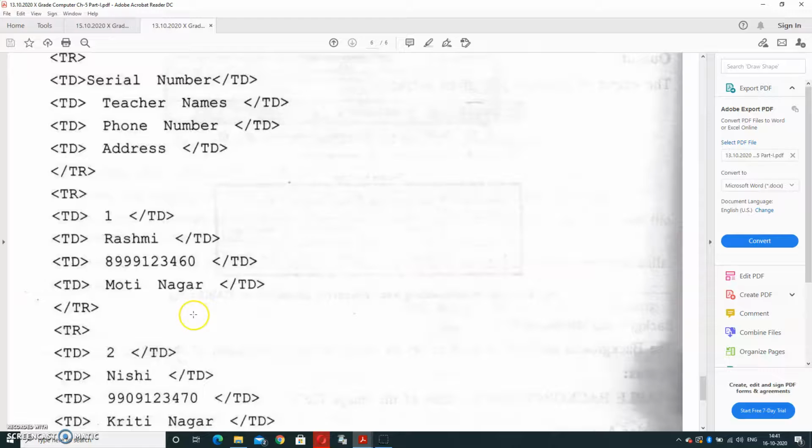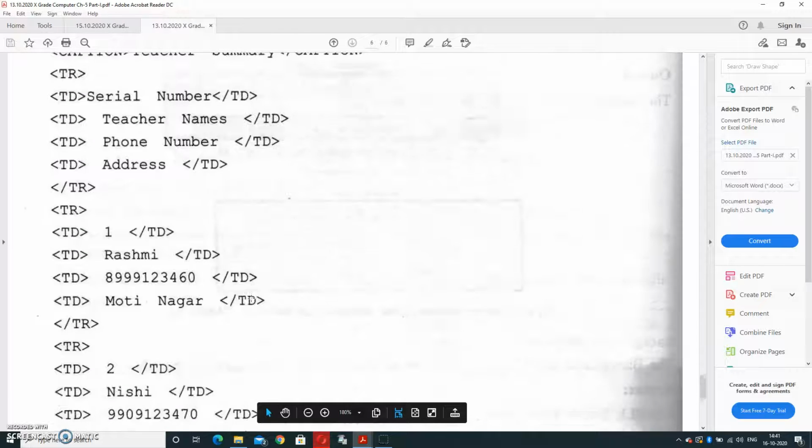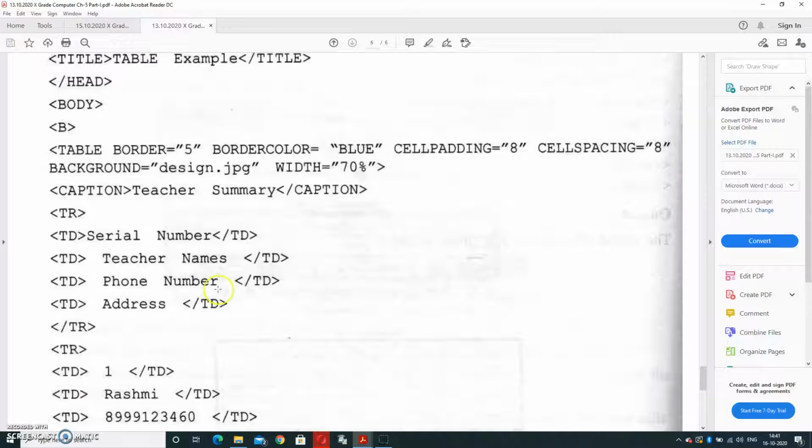Now see the program. We will display the program in this format. See the attributes: table border 5, border color blue, cell padding 8, cell spacing 8. Background we have given design.jpg. It means at the background of the table, an image will be displayed and the image file name is design. And width is 70%.